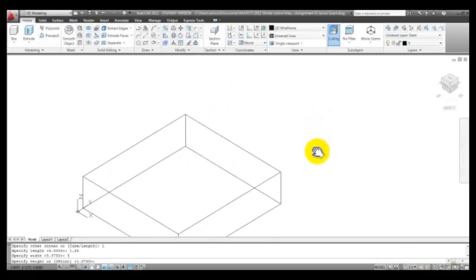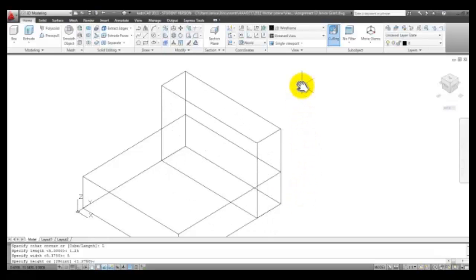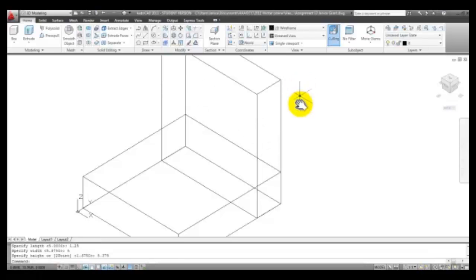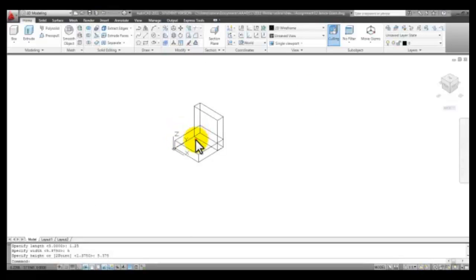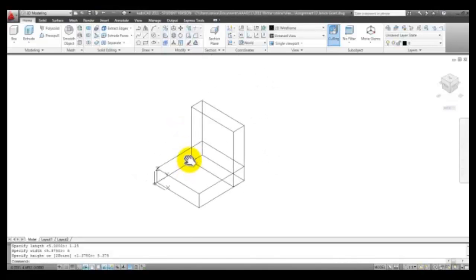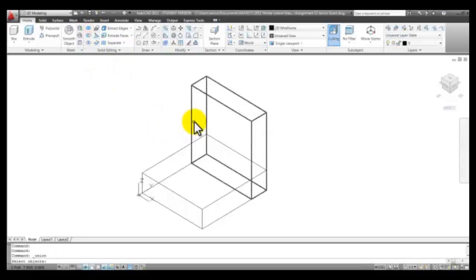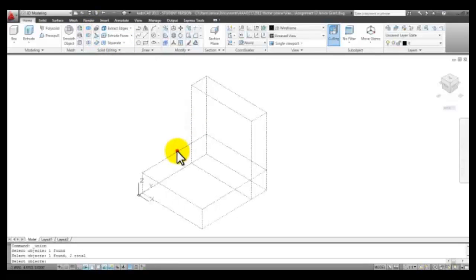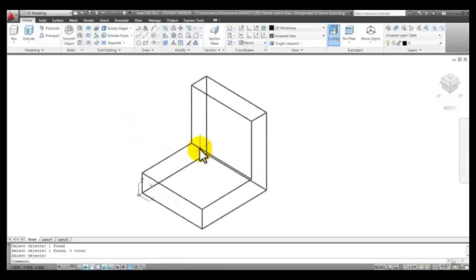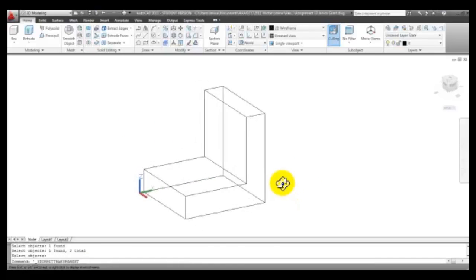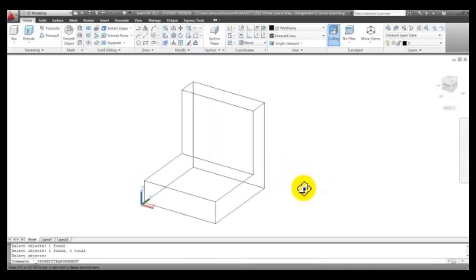Now the length of it is 5. I can pull my mouse up and type in 5.375 and enter. Now that I have these two boxes, they're separate pieces. I can use the union command to union them. In the solid editing panel, I'll go ahead and pick union, select one of the boxes, select the other box, and press enter. And you'll see that now there's that little line between them that shows that it's all